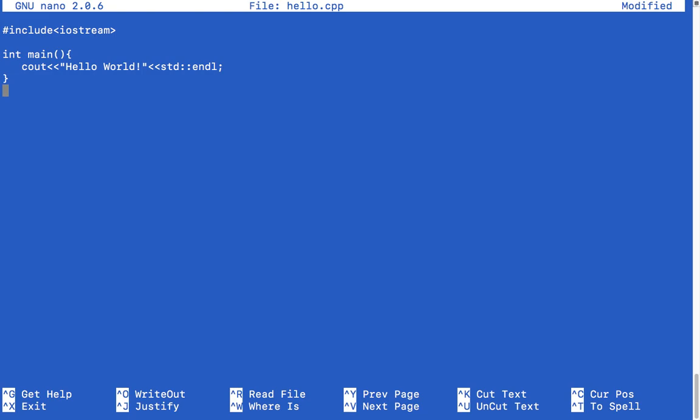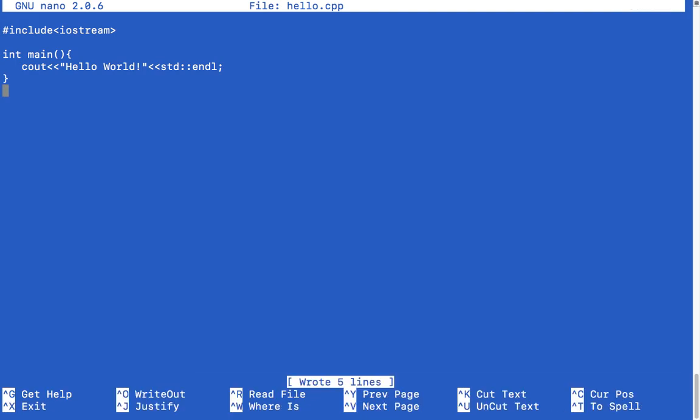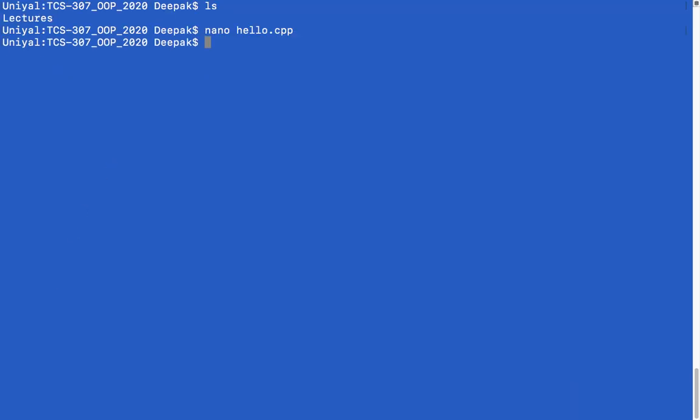So when I have created this file, what I have to do, I have to press Ctrl O and the file will be written. You can see it here, Ctrl O. So press Ctrl O, press enter, and the file is written. When you want to exit out of this, just press Ctrl X, which is written here, right? So Ctrl X. Now if we type ls and see the files inside this, you can see hello.cpp.